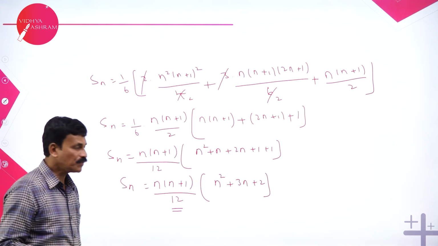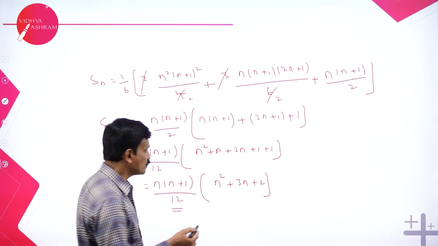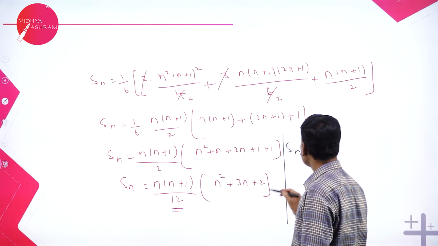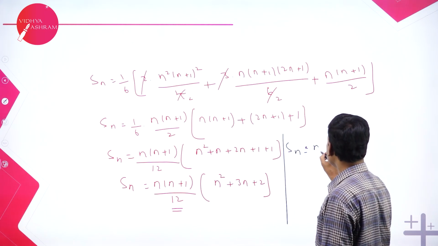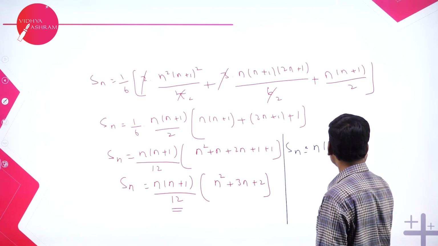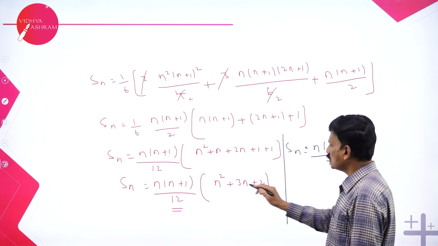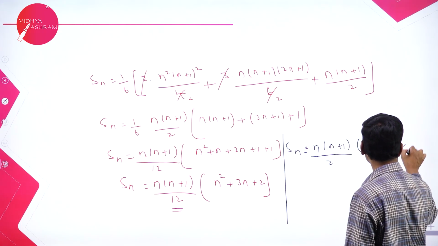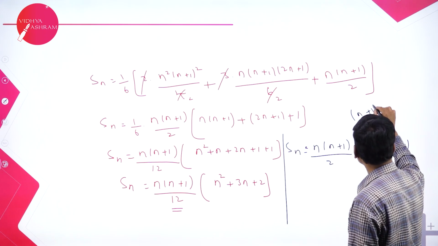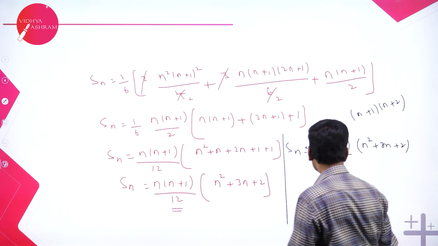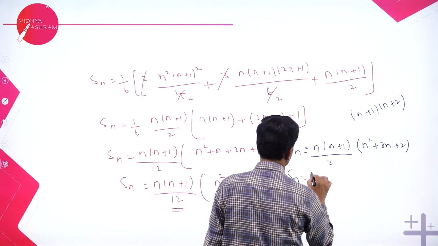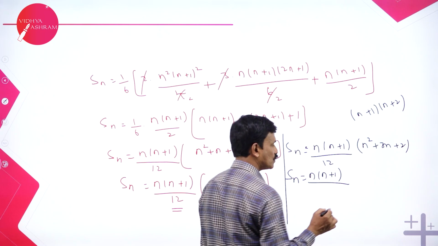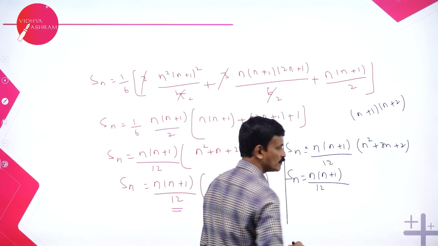Right. Now therefore you can stop here itself. Otherwise, if you want, you can also write Sn is equal to n into n plus 1 divided by 2 into this n square plus 3n plus 2, which can be factorized as n plus 1 into n plus 2. The factors. So Sn is equal to n into n plus 1 divided by 12, it is actually 12, divided by